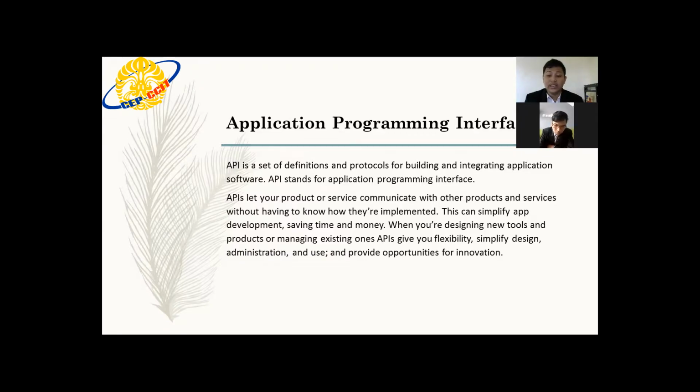This can simplify app development, saving time and money. When you are designing new tools and products or managing existing ones, APIs give you flexibility, simplify design, administration, and use, and provide opportunities for innovation.